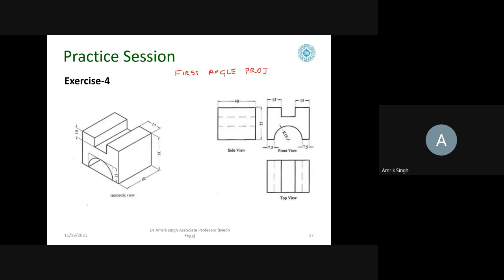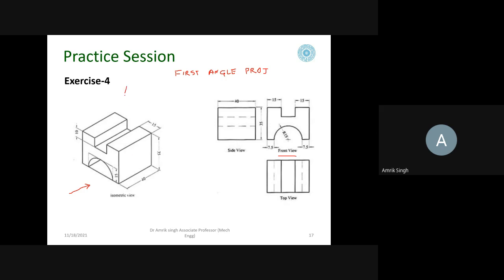So now you see the front view is not shown. So you see from this side. So this is the front view. Okay. So front view is drawn like this. Okay. So there is nothing hidden in this view.